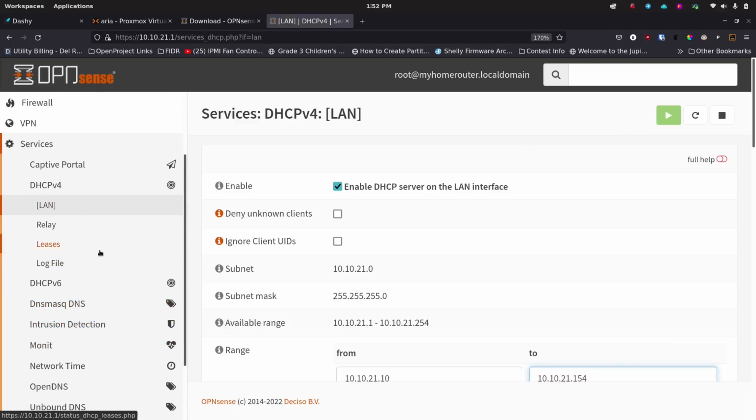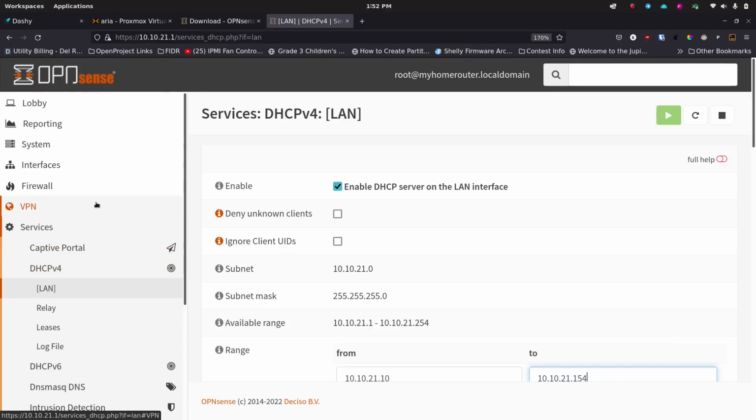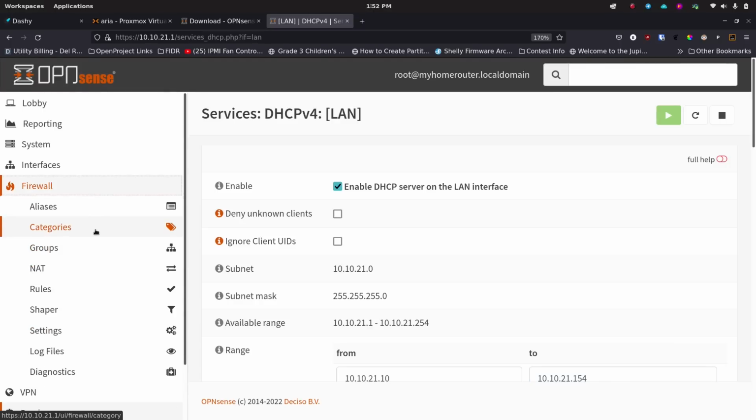Alright, so we've got our DHCP4 bit range set up, and now we're going to go back to our firewall. So if I want to get to my system from outside my network, which I do a lot of times, I want to make sure that I've got my firewall set up correctly. So I go to firewall,